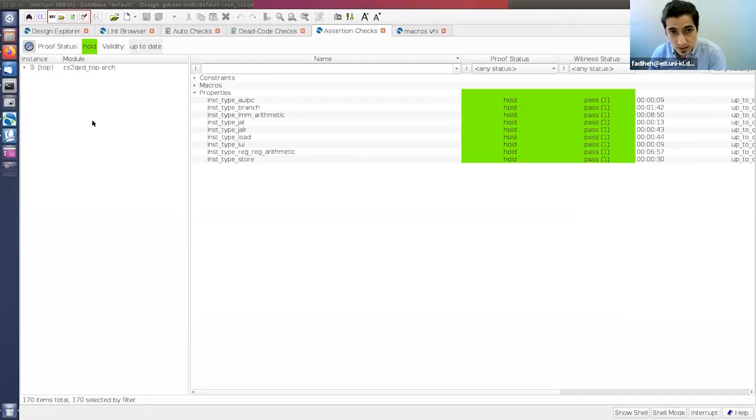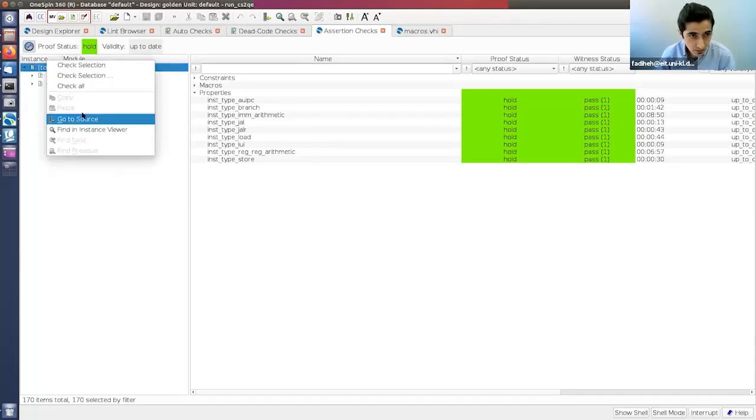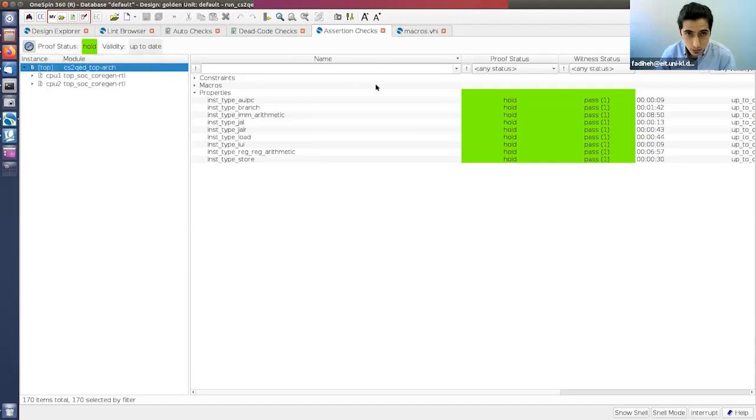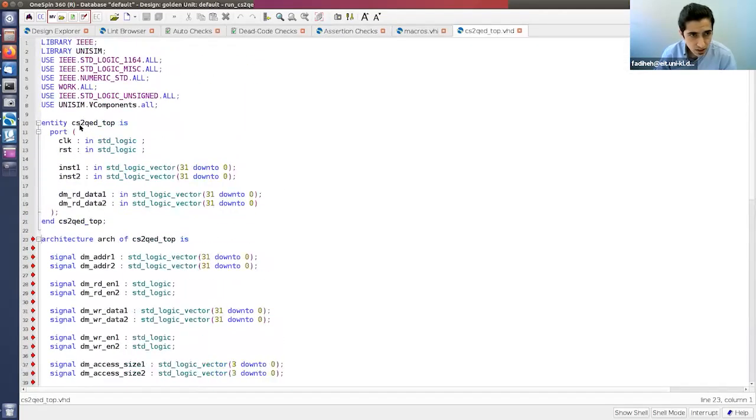Let's start with the C-S²QED top module, which is the top module in our verification environment, which essentially consists of the two instances of the CPU that was talked about in the presentation. So let's have a more detailed look. Essentially, this C-S²QED top,